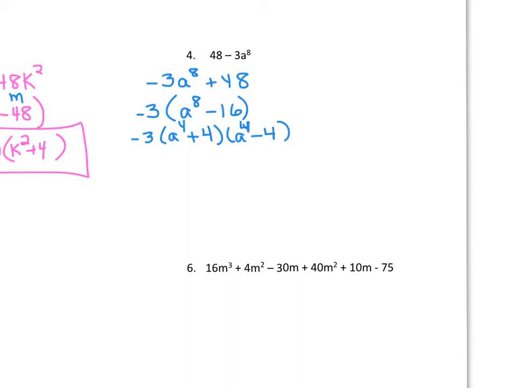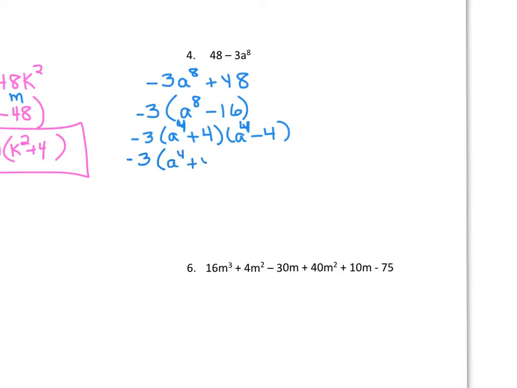So you want to look and say, if I have 2 terms within a parenthesis, is it a difference of perfect squares? Now, this one's an addition sign, so that can't be a difference of perfect squares. But this is a difference. And look at this: if we have an even exponent, it's a perfect square, and also 4 is a perfect square, so this we're going to factor even further. Now, I want to remember to bring down my -3. And since a to the 4th plus 4 can't factor further, I want to bring that